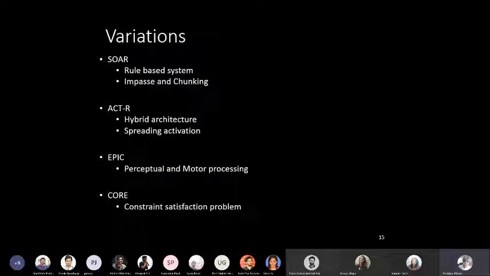It's called CLIPS, and you can download the system from my course website. CLIPS is just an expert system, but SOAR is a very similar system, which of course went a bit further in modeling all human cognitive activity. And ACT-R is the other system which looked at a hybrid architecture.